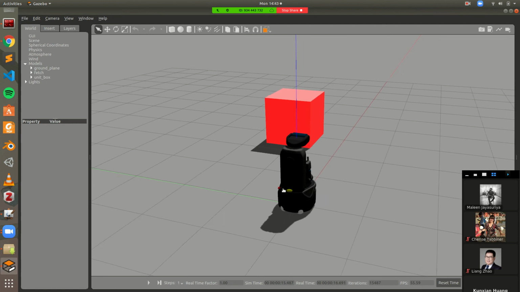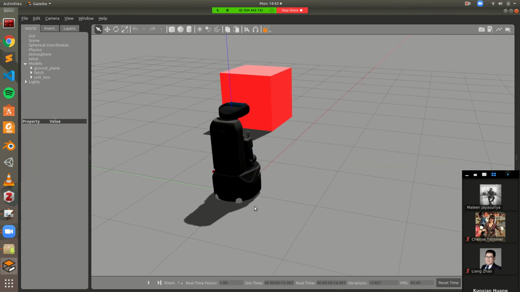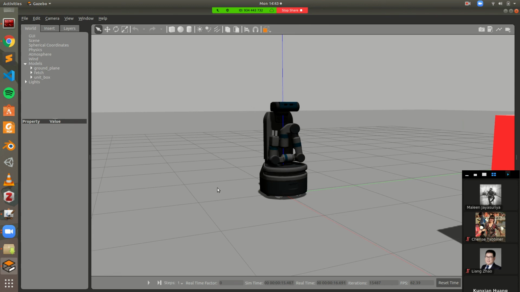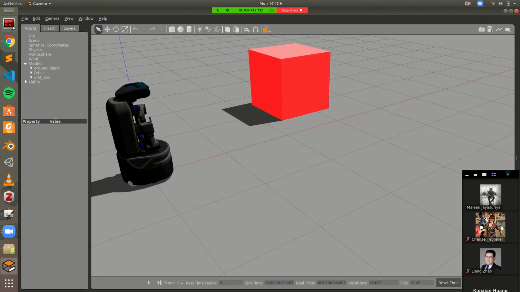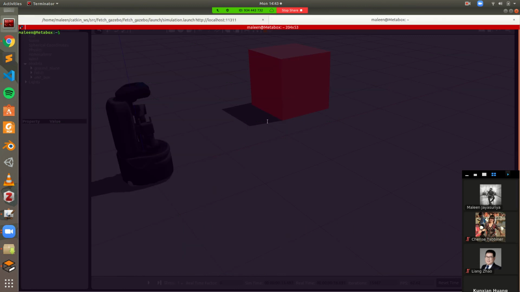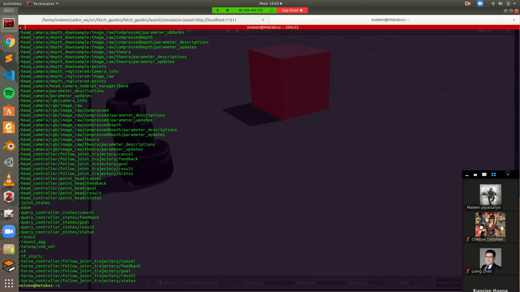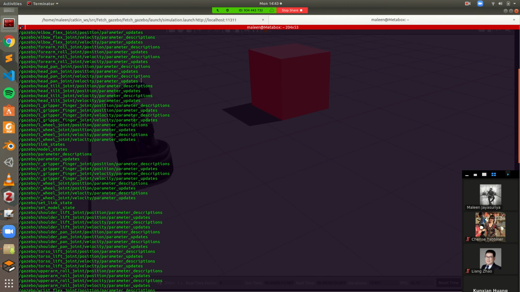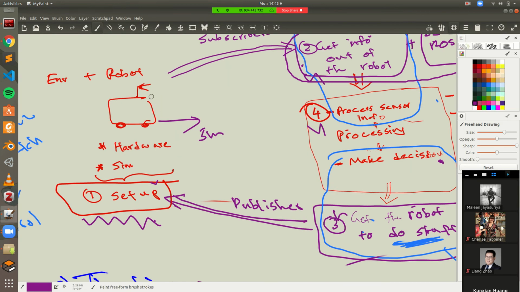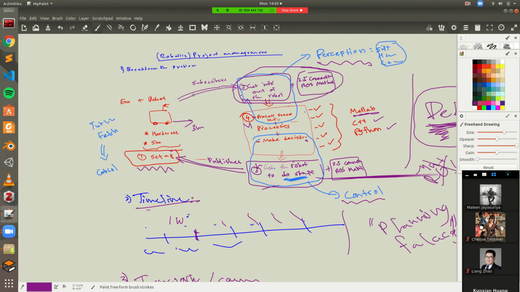Right, cool. And then we have the Fetch robot, right? And the Fetch has some cameras in front of it, right? So the first thing you need to do is look at what sort of information we're getting from the Fetch, right? So if I type in rostopic list, I get all these different topics that the robot is publishing, right? So just to connect it with what I was talking about here, we have our robot, and the topics are basically all this information the robot is publishing,